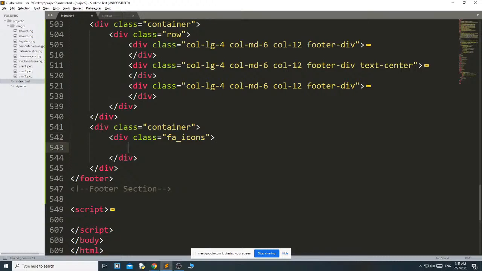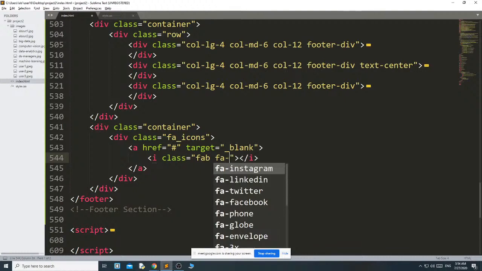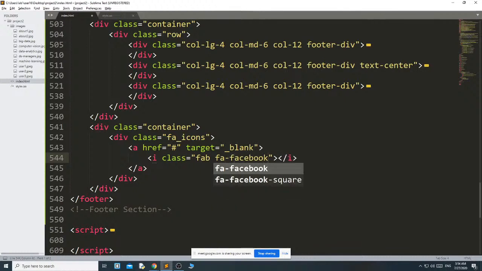Then inside this icons I have a href, target underscore blank, then inside this a I have i class fab fa-facebook. Okay, like this. How many icons do I need? 4. 1 2 3 4.